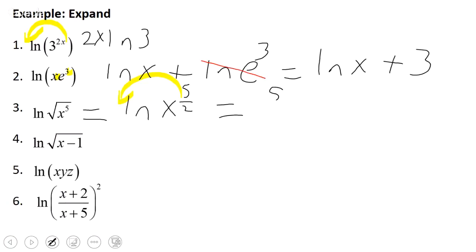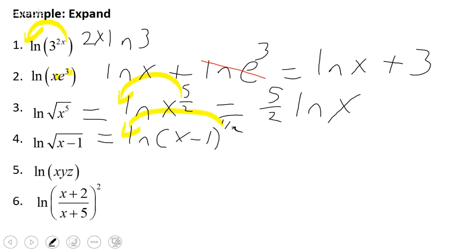So it's going to be 5 halves ln of x. Once again, for number 4, I need to make that root a fractional exponent, but the whole x minus 1 is under the root, so I need to write that inside parentheses. It's supposed to be 1/2. So now I can take that power and bring it out front,